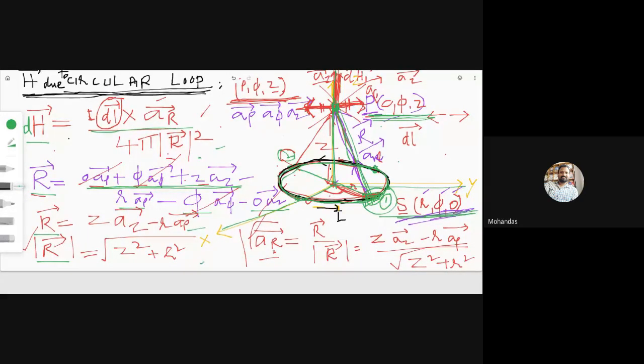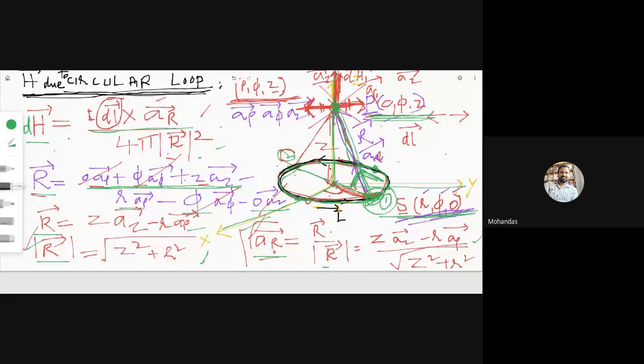And once we have calculated the distance vector, we can calculate the unit vector. What is the unit vector here? The unit vector is along the distance vector. It is always directed from source point to field point. The formula for the unit vector is the distance vector divided by the magnitude of that vector. What is the vector? z into az minus r into a rho, divided by under root z square plus r square. So once we have calculated aR and R,